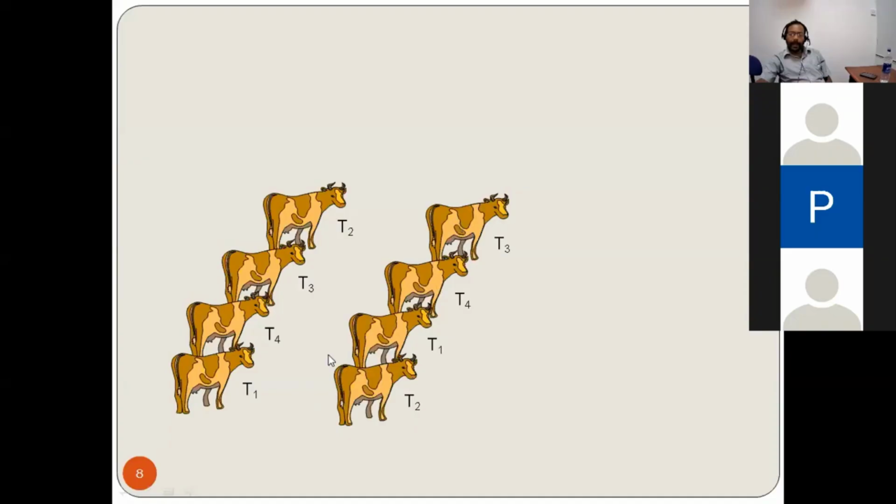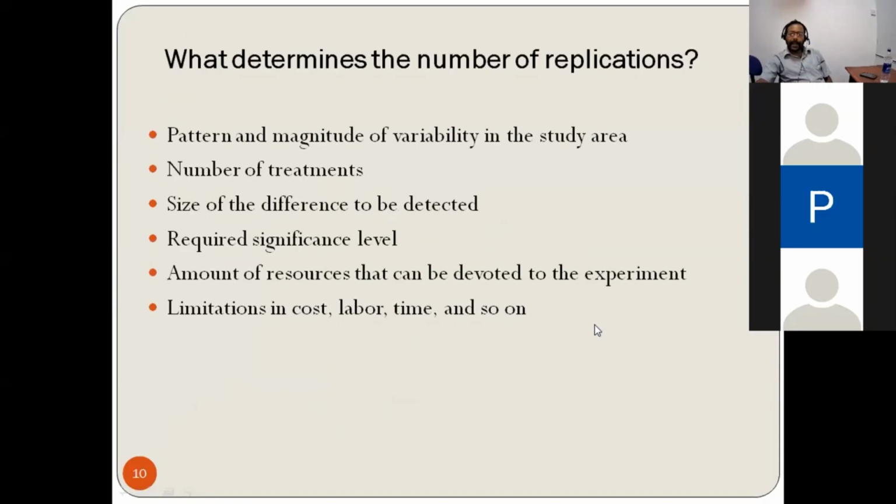So we'll have to decide how the variability and the magnitude of the variability give you an idea to select the number of replications. This is true among the animals, but if you go for some agronomy experiments, even